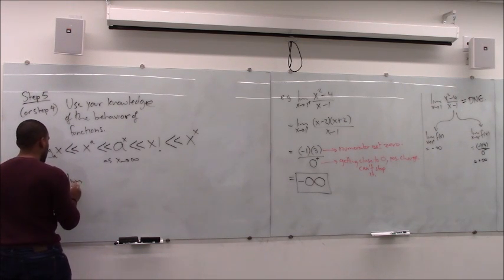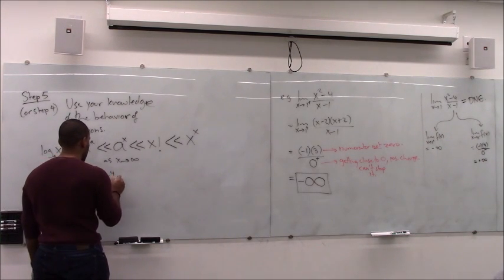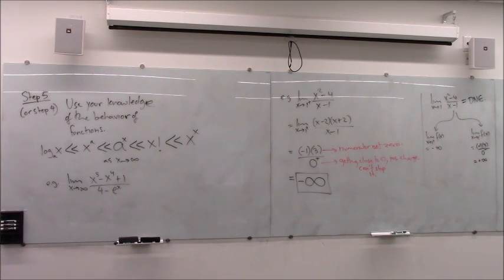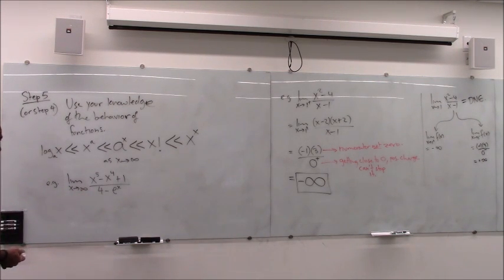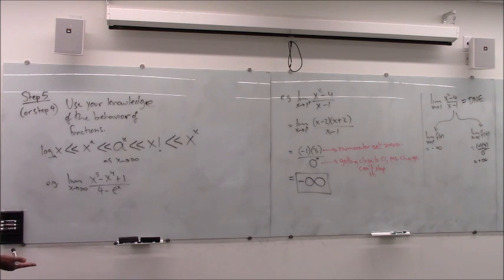So one way in which you can actually use that, let's say I have this limit, x to the fifth minus x to the fourth over, say, e to the x, something like that. So I look at that, can't plug in infinity, infinity is not a number to plug in. Can't simplify, don't want to do the graph or a table of values, that's going to take forever. And I don't know about the charges idea, how's that going to work? That's going to have a positive charge on top, negative charge on bottom, but I don't really know